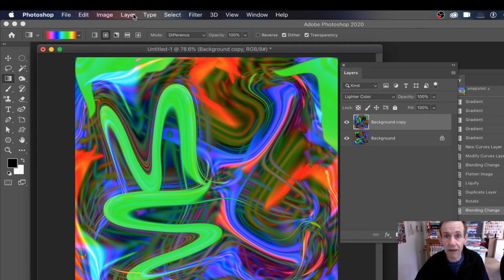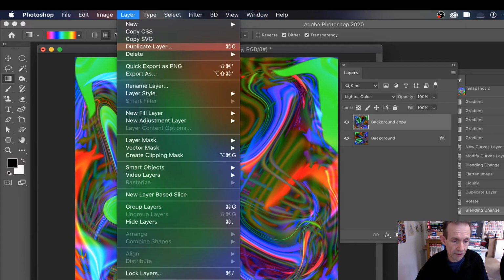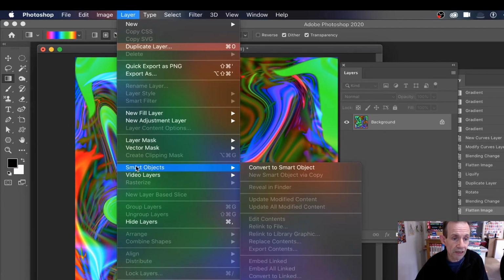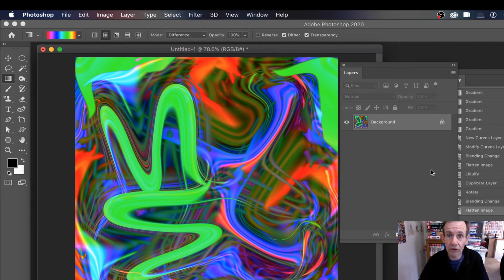Once you've done that, I'm just going to go with Flatten at this point. So Layer menu and Flatten. You don't have to do that. You could go to the Layer menu and turn them all into a Smart Object, so it all becomes one Smart Object. That's just as good as well. Since I'm not adding anything to the layers, you can just turn it into a Smart Object and you can